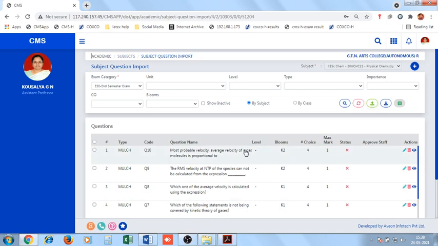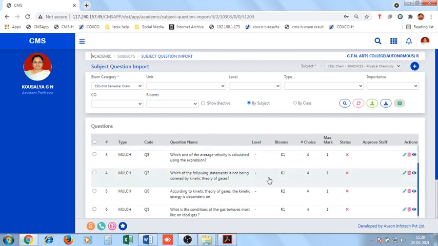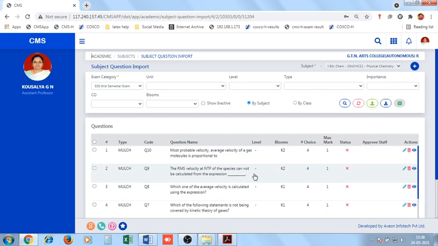In the place of level, shortly the Avian development team will change it to course outcome, CO, so that your CO and Bloom's level will be shown here. You can compare the document with your soft copy and double verify whether all the parameters appear correctly. Now there are 3 options: edit, delete, preview. We are going to explore these options and discuss what we can possibly do.